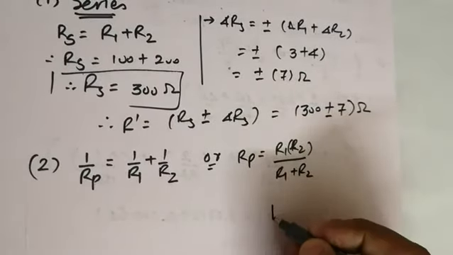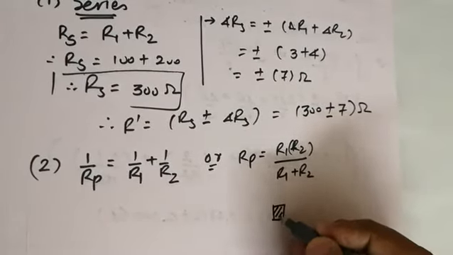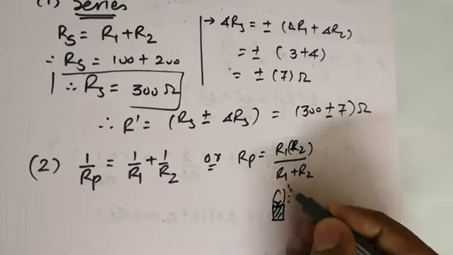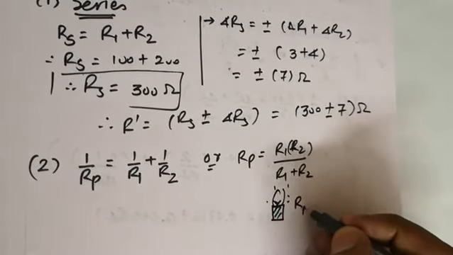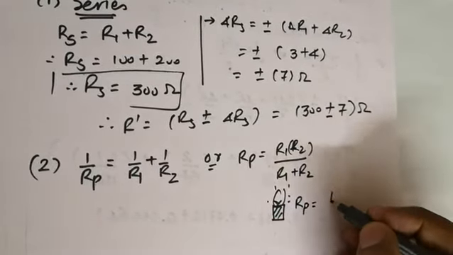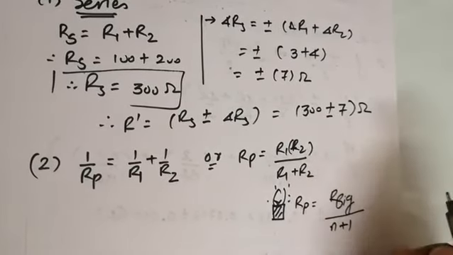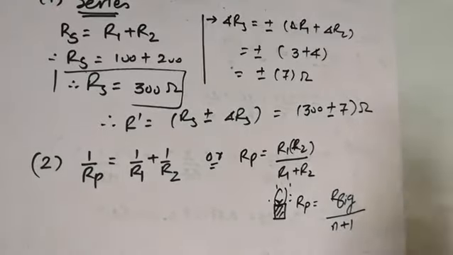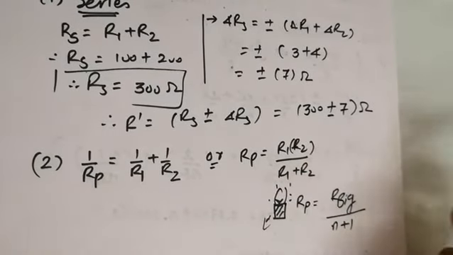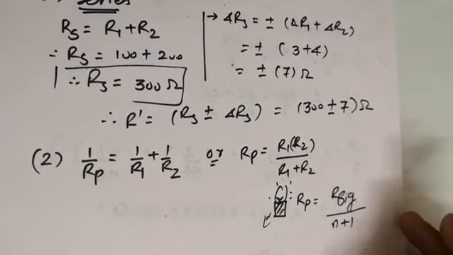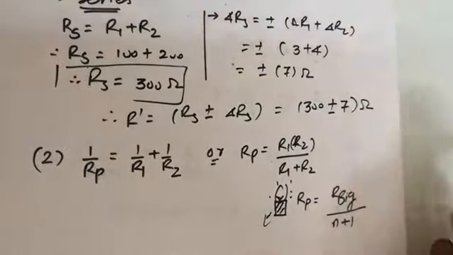But what I am doing is using this word, "Mentos khao, dimaag ki batti jalao." So I can just use that for two resistances: R of big brother divided by n plus 1. Whenever you have two resistances, this is the ideal method, and I advise all those students to go for such a method.